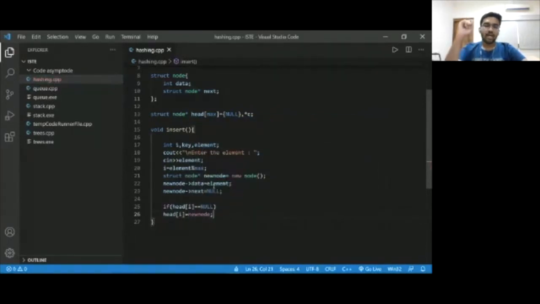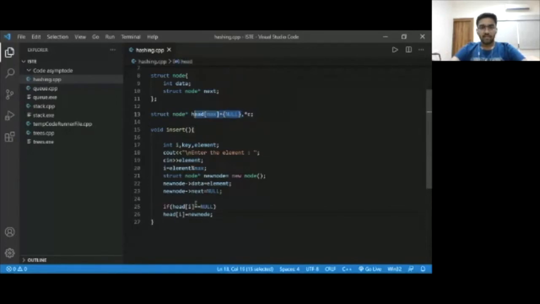So now remember, head of i is a pointer. So you can say that head is an array of pointers such that there are MAX number of pointers, that means 10 pointers in this case, and all are initialized with null when we were declaring them.